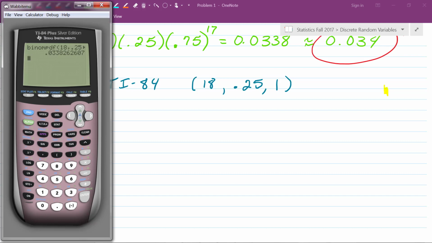The exact same answer that we got out of the tables, the exact same answer that we got when we calculated the formula. So whatever method you want to use, as long as you're not looking at your neighbor's paper, I'm happy, okay? So if you have any questions about how you use the tables, or how you use the binomial formula, or how you use the TI-84 to find the probability of a specific value X for a binomial distribution, send me an email and I'll be happy to help clarify any confusion and answer any questions that you may have.